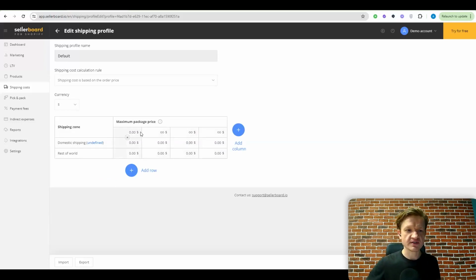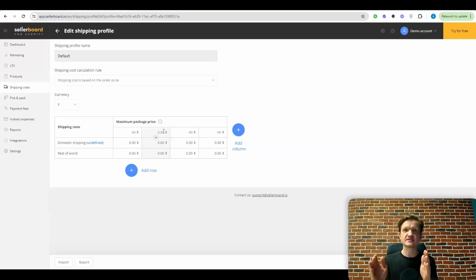For instance, for the first price frame, I tell Sellerboard for Shopify: if my package is in a price frame from X to Y, then please make the shipping cost Z. Then choosing another price frame, if my package cost is higher than that, take into account another shipping cost. So you can create as many segments as you want.